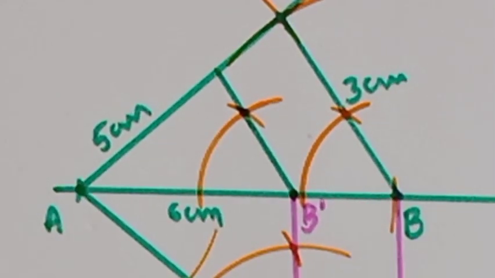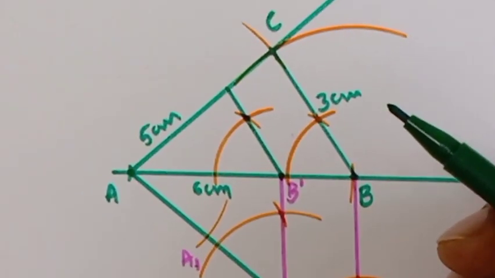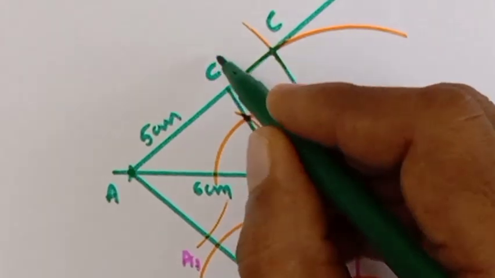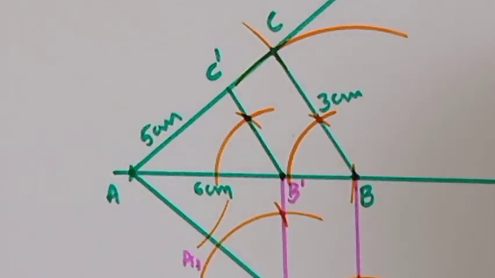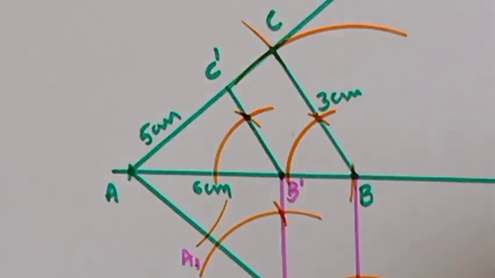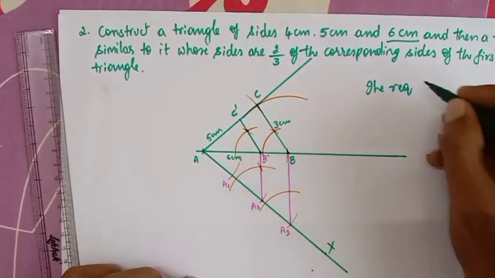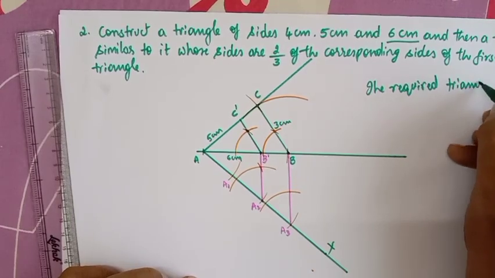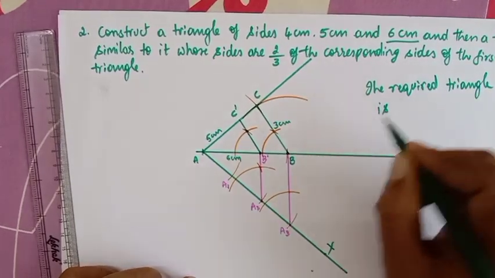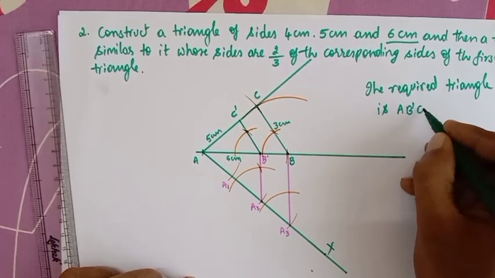Draw a line. And this point is called C dash. The required triangle is ready now. The required triangle is A, B dash, C dash,